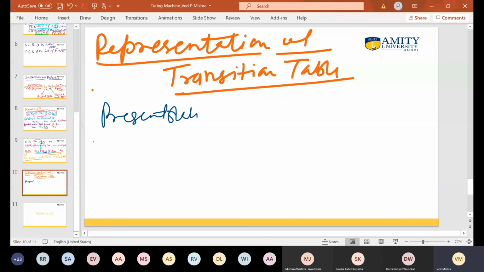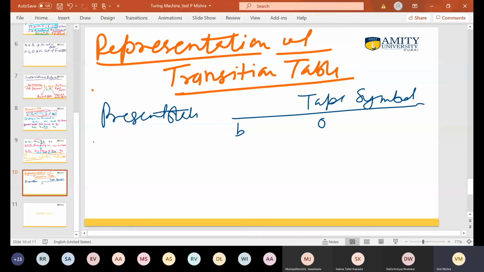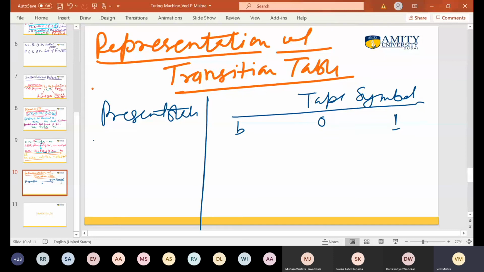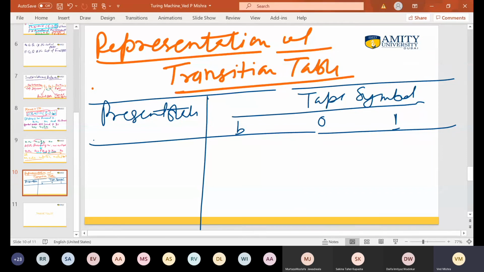The columns are present state and tape symbol, with 0, 1 and blank B. You have Q1 as the initial state: 1 L Q2, 0 R Q1. Then you have Q2: B R